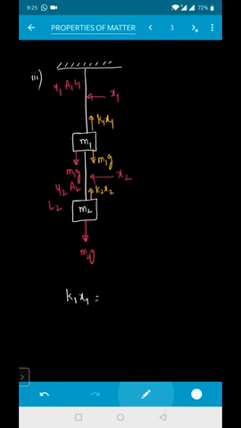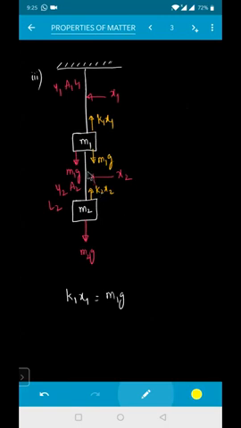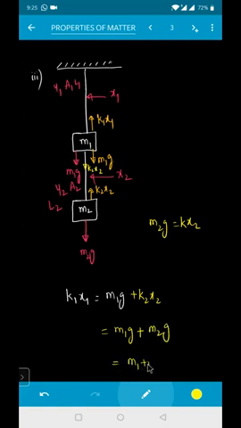See this. So K1 X1 will be equal to M1 into G. Now see this one very carefully. If here it is K2 X2 and here also, there will be equal to how much, beta? K2 X2 also. That means this is also equal to plus K2 into X2. M2 into G will be equal to K2 into X2. So I can write this one as M1 into G plus K2 X2 will be equal to M2 into G. That means this will be equal to M1 plus M2 into G. Is it clear?